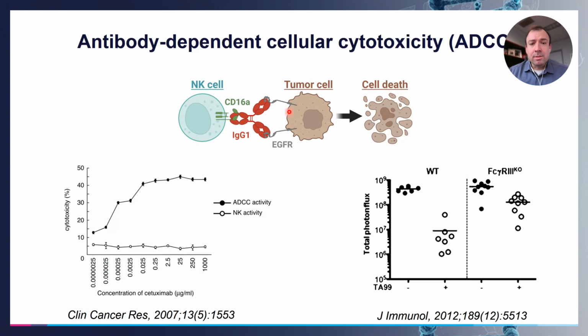Thank you, James. All right, so let me quickly introduce an immune concept called antibody-dependent cellular cytotoxicity, or just ADCC. This is a mechanism of immunity whereby natural killer cells can recognize the Fc region of antibodies by using CD16A, which is an Fc gamma activating receptor. And this engagement triggers the cytotoxicity of natural killer cells. They release perforin and granzymes that will kill any target cell that would be opsonized by an antibody,